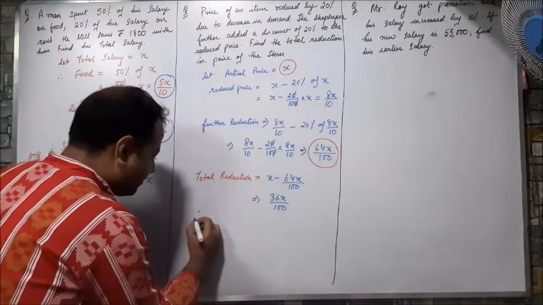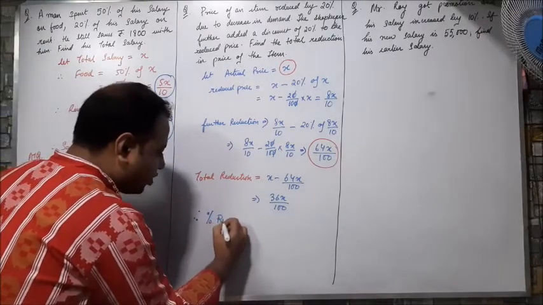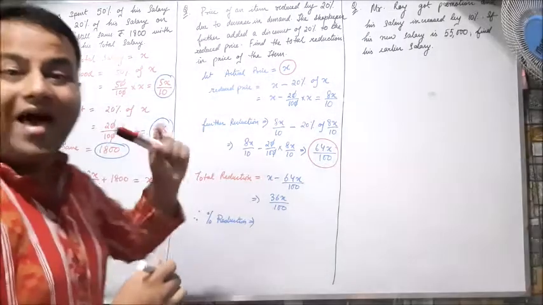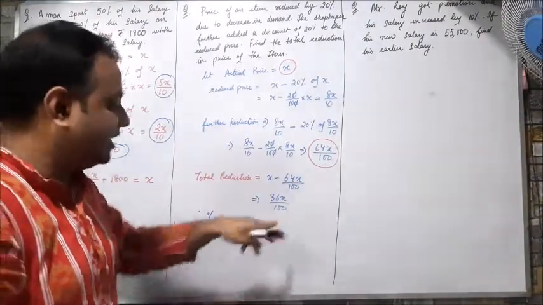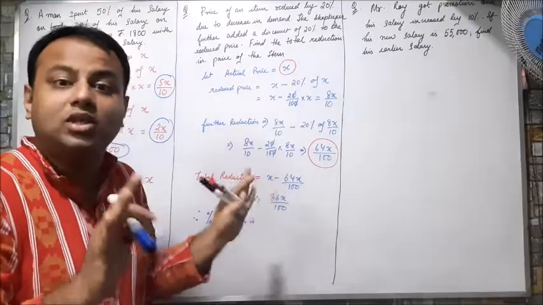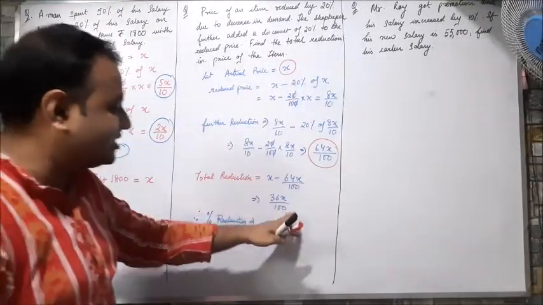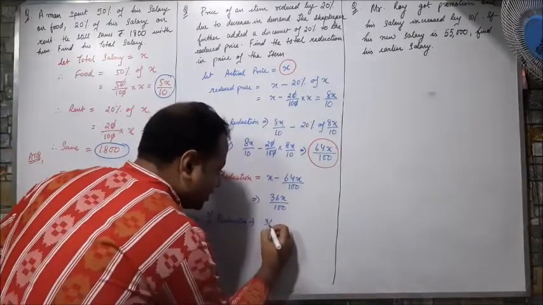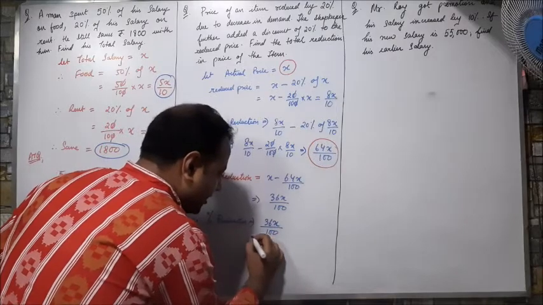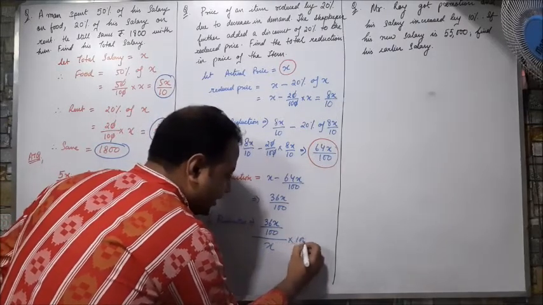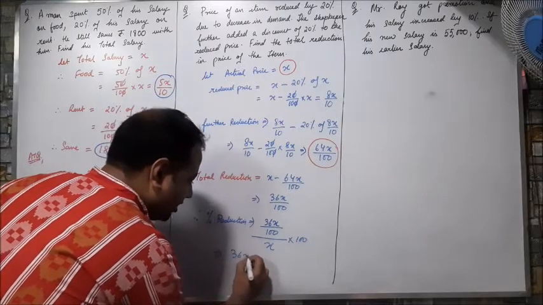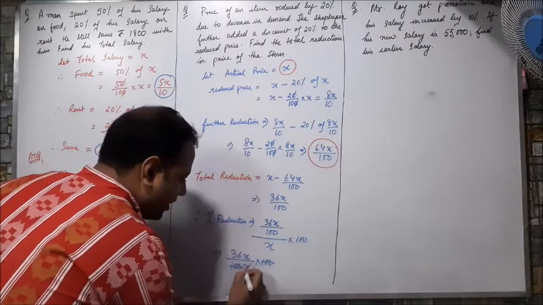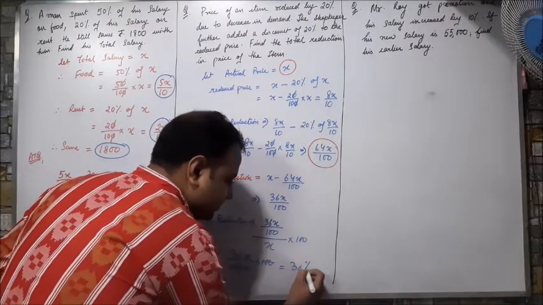So therefore, my percentage reduction or percentage discount, what is the value of percentage? I told you, value by total into 100. This is the reduced amount; the price has dropped this much, but what was the actual price? The actual price was x. Means this is the reduced value, this is the total value into 100. That is 36x by 100 whole divided by x into 100. I am getting 36x by 100x into 100. So the 100 cancels, the x cancels, my answer is 36%.